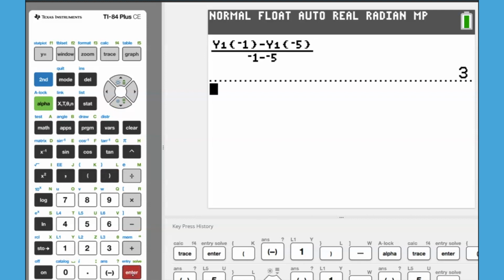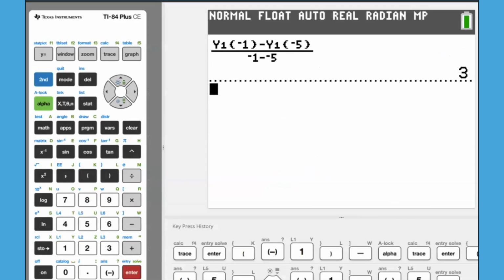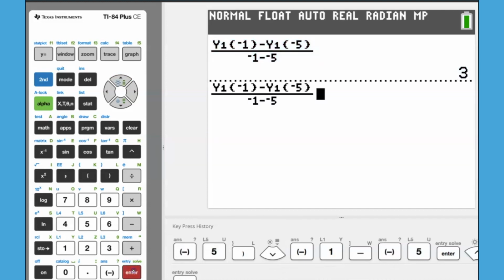And maybe you want to pause at that point and have some discussion, or go back and look at those things. And there's actually 5 different intervals for you to calculate. So we can go ahead and calculate the interval for 2, 8. So let's do that. And I'm going to show you a little trick for that as well. We can just arrow up with our calculator, hit enter, and rather than having to type all of the work in again,